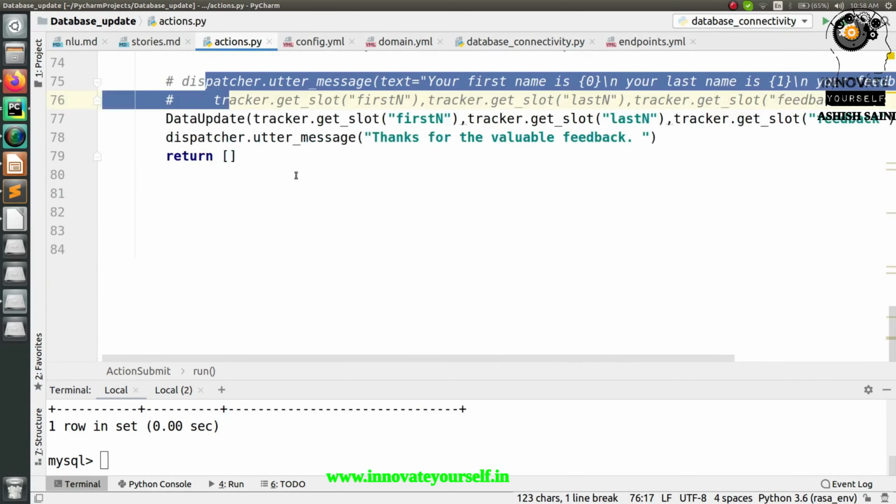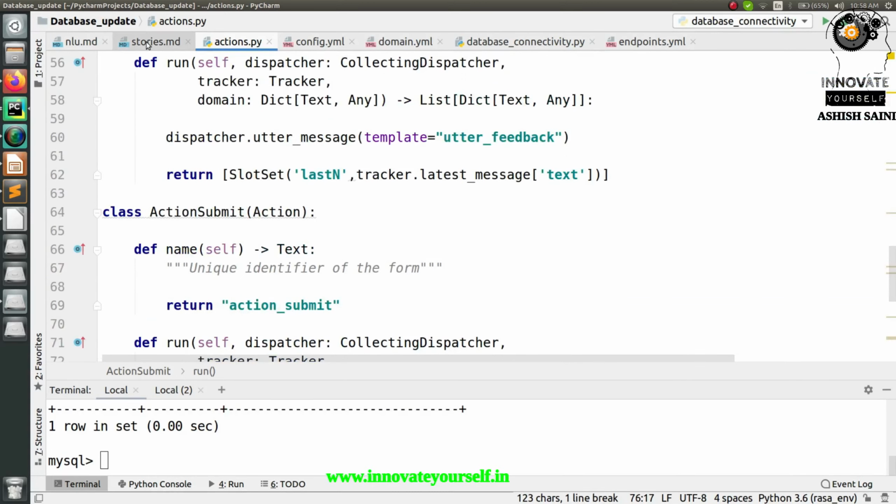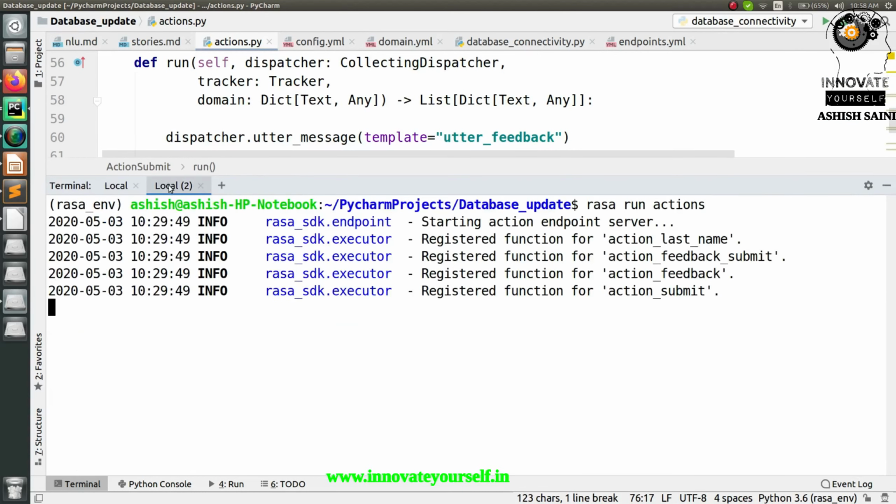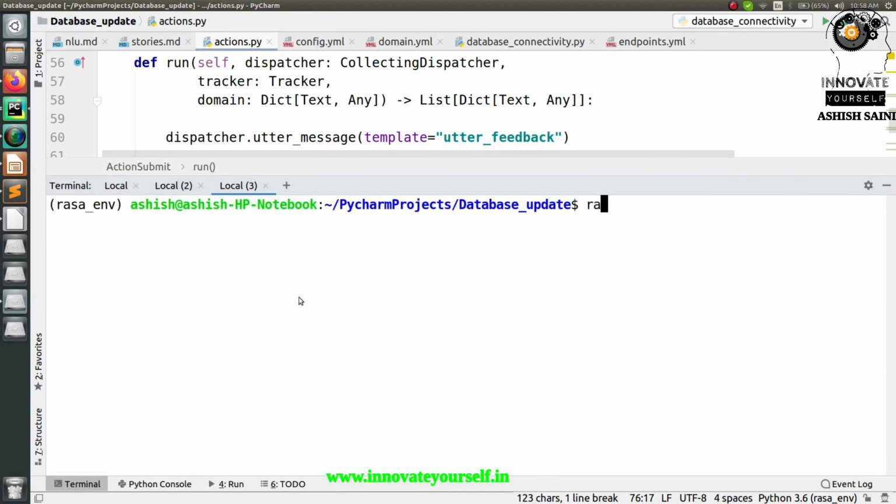Now it's time to run this and check whether it's working or not. So let's go in here. Okay, it is already running. So let's do one thing this time. Let's run Rasa X and let's check it there, right?